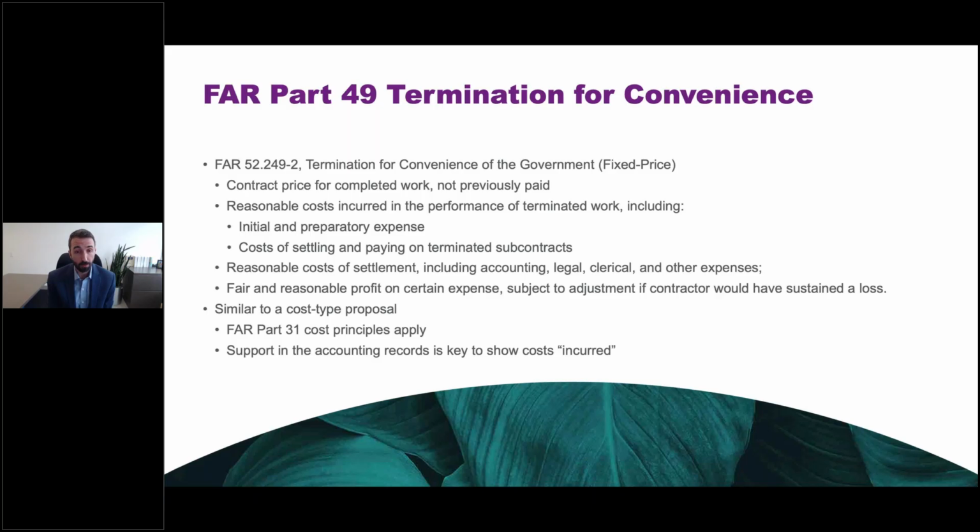Right? Did you flow down the standard cost reimbursement terms to that vendor? If yes, then the Part 31 cost principles can apply. If not, the government might still be curious about that. The government sort of starts on reviewing cost reimbursement at that point. And look, in a lot of cases, your subcontract termination claim is going to be cost-based if you flowed down the standard FAR Part 49 termination clause to a vendor or a subcontractor. So in that case, again, it all comes down to the terms of the subcontractor vendor agreement.